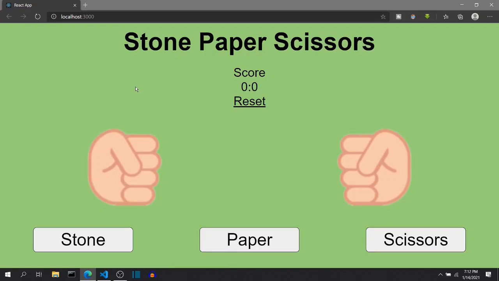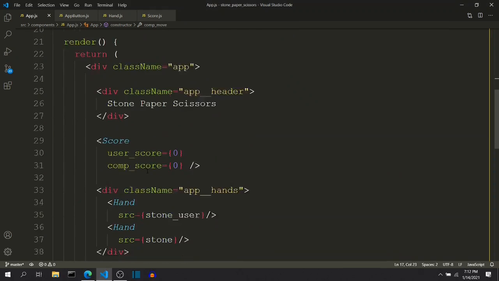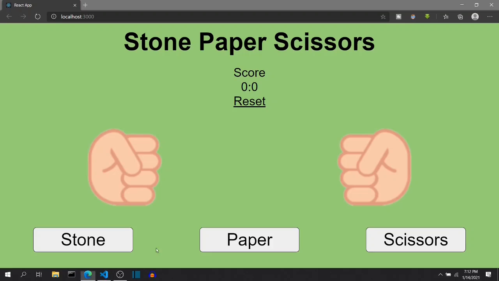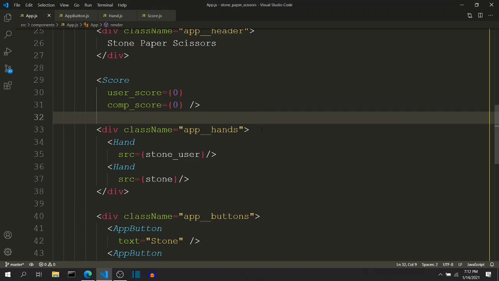like this. Now this will not change anything, because we are still hard coding the property values over here. Like the zeros will be hard coded. Even if I do something, the scores will not change, obviously, because we are not returning anything for that.